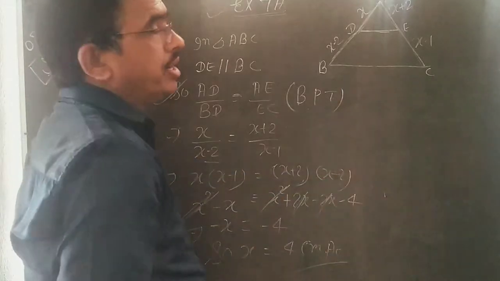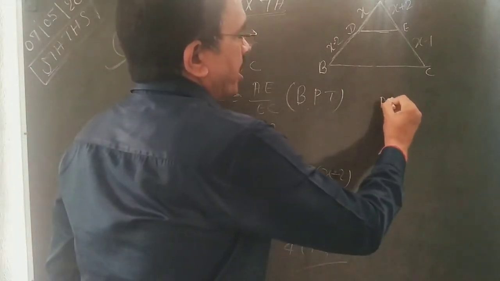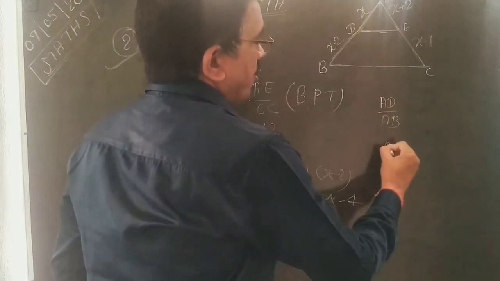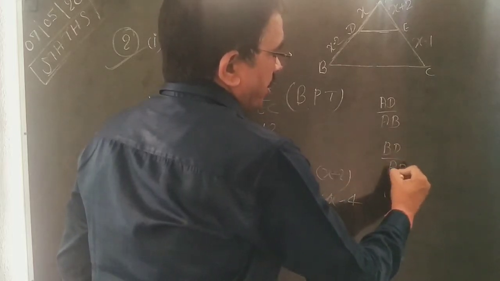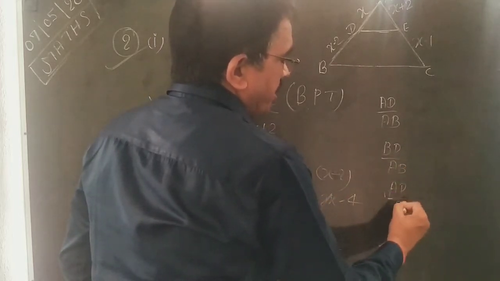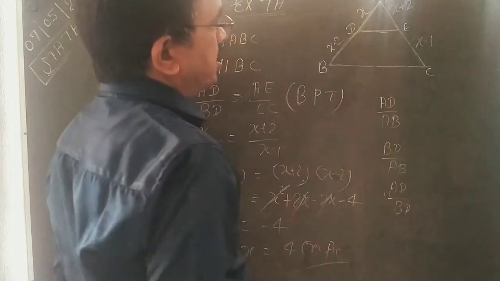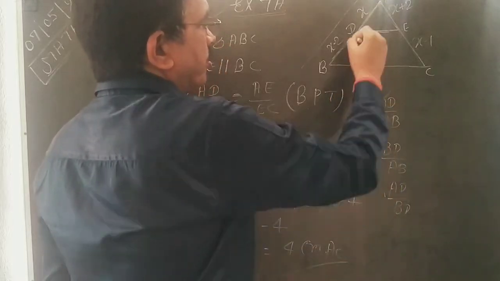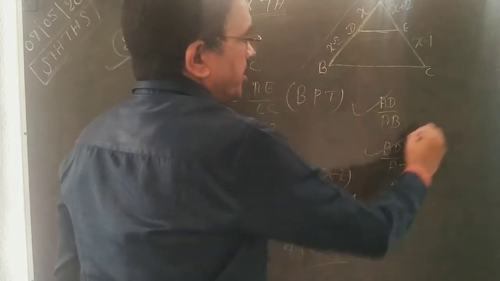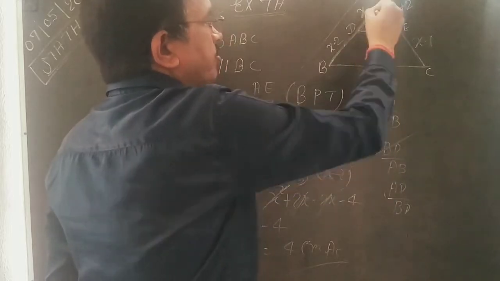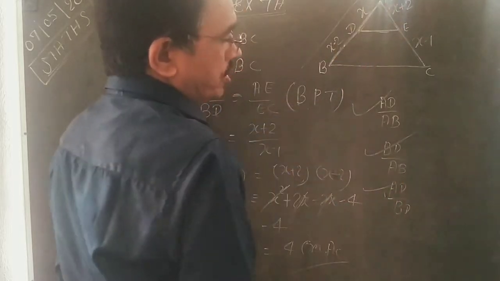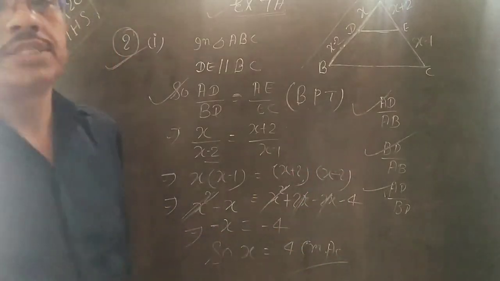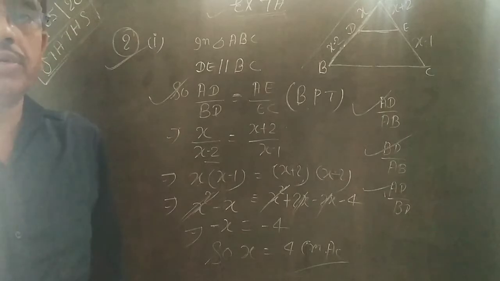So in this chapter, you can write in different ways. Sometimes you can write AD by AB, sometimes BD by AB, and other times AD by BD. It depends on your question. If the question gives whole part or a small part, then you write this. If your question gives a small part and whole part, then you write this. Otherwise, if both small parts are given, then you use this. So dear students, use the theorem in different ways according to your questions. So try to solve the next remaining questions.